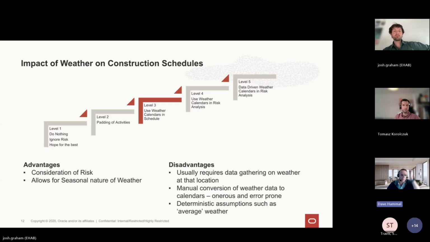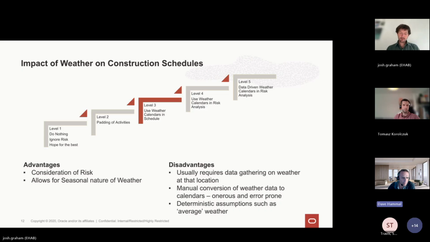I was just going to add one thing to this piece, Josh. We were actually looking at an AACEI recommended practice just last week. I think it's 84R13 for anyone who's interested, planning and accounting for adverse weather. And it basically recommends taking this particular approach, level 3. It doesn't go as far as level 4 and level 5, which is a little bit surprising for me to see.